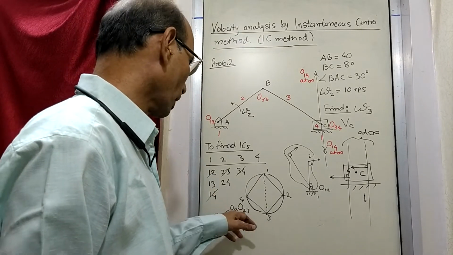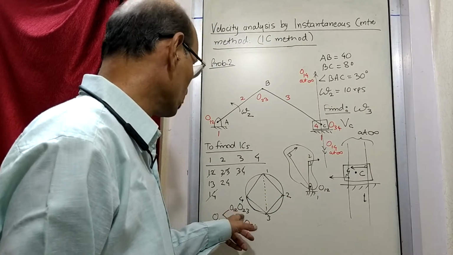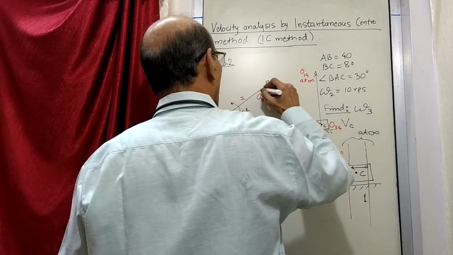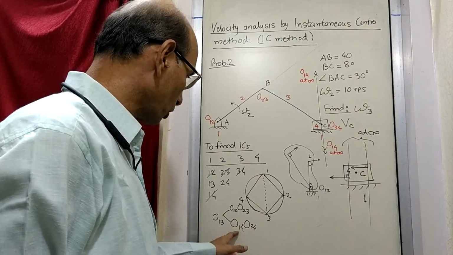So these are the 2 points which we already know, 1, 2 and 2, 3, that's why we have drawn this line. So join 1, 2 and 2, 3. 1, 2 here, 2, 3 here. So join them. We have joined 1, 2 and 2, 3. Next you have to join 1, 4 and 3, 4.